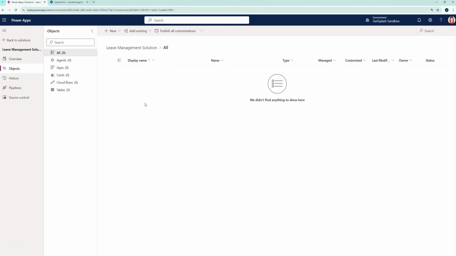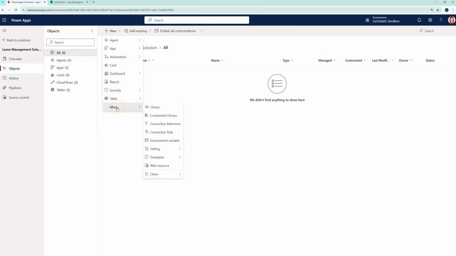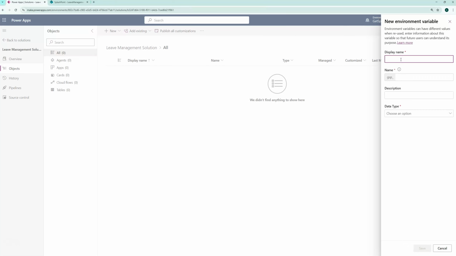You could use a text environment variable in your send email action rather than hard coding an email, which means when you need to update that, you just need to come and update the environment variable rather than going into the flow and updating it here. So to create an environment variable, first I'm going to create one for my data source. So I need to connect it to SharePoint. So I'm going to go new, more, an environment variable, and I'm going to call this SharePoint site leave management